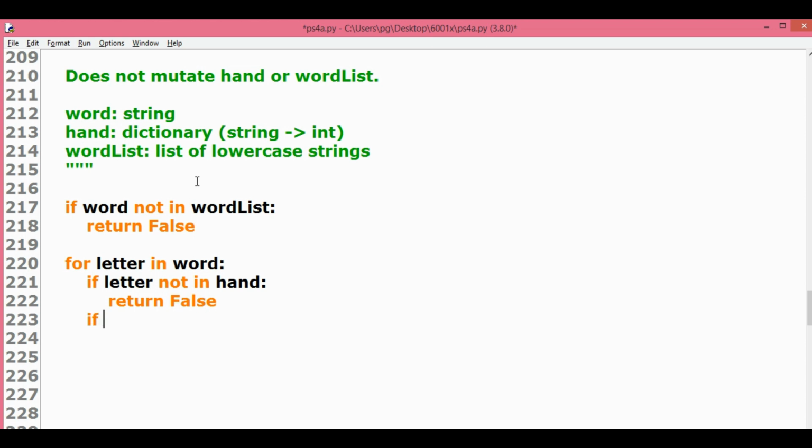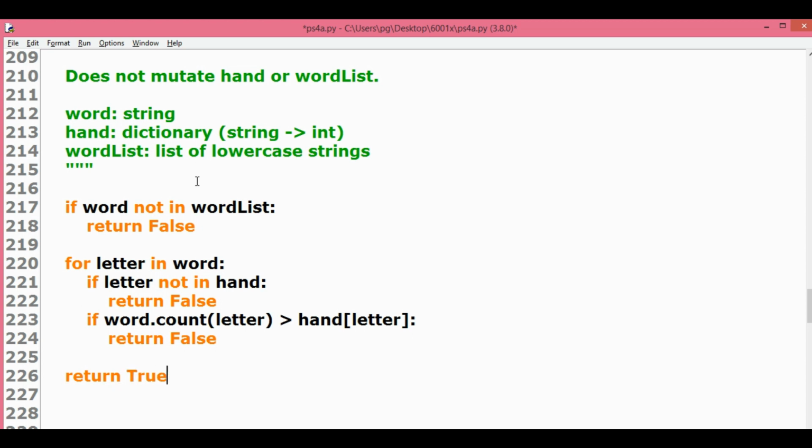If word.count(letter) > hand[letter]: return False. Otherwise return True.